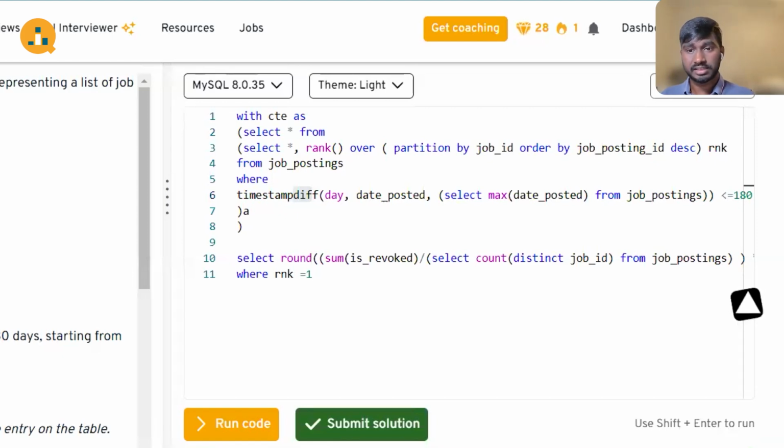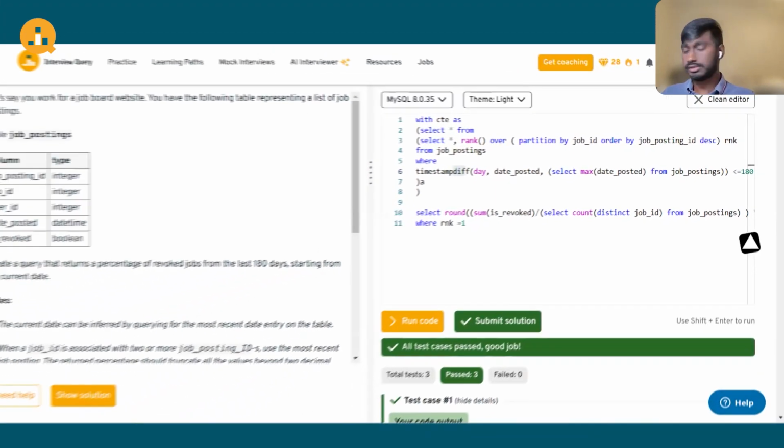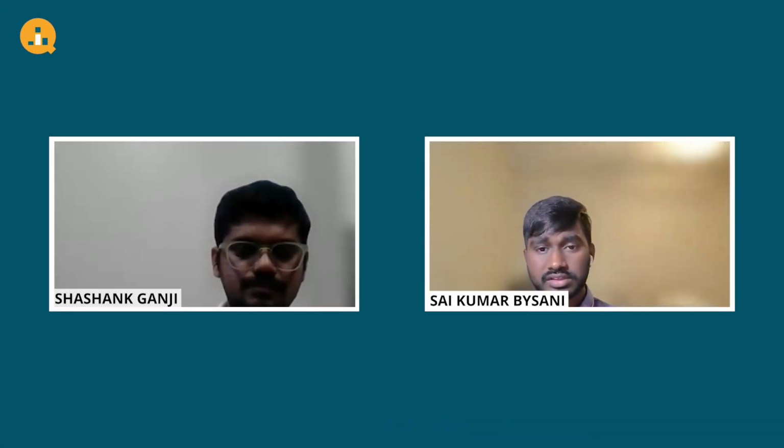you don't have to use a second select here. You don't have to type select count of distinct job ID from job postings. You can just type in count of distinct job ID. Sum of revoked, ratio of sum of revoked and count of distinct job ID would give you the same answer. You don't have to select again because it's not a subquery. You don't have to use that. That's one thing. And then the one thing you can work on in the querying is explaining your thought process while you're typing, and then